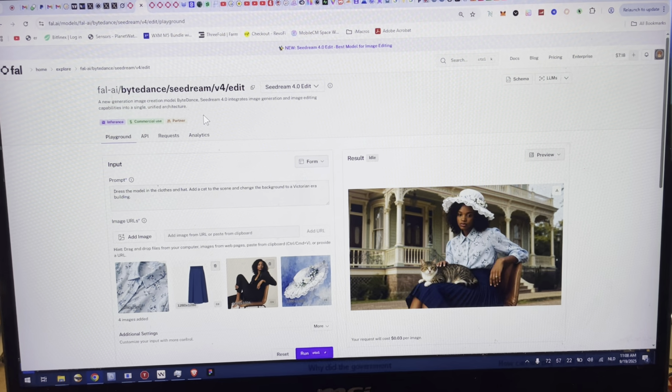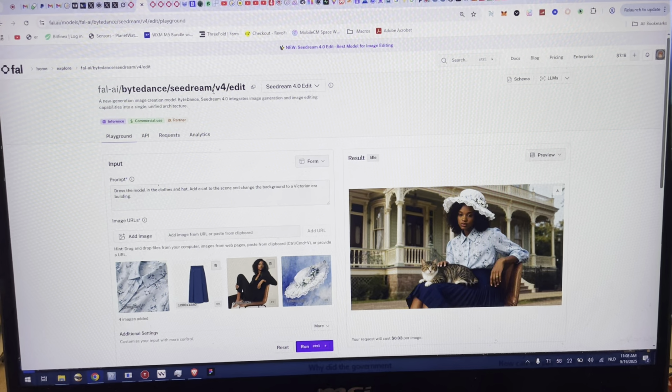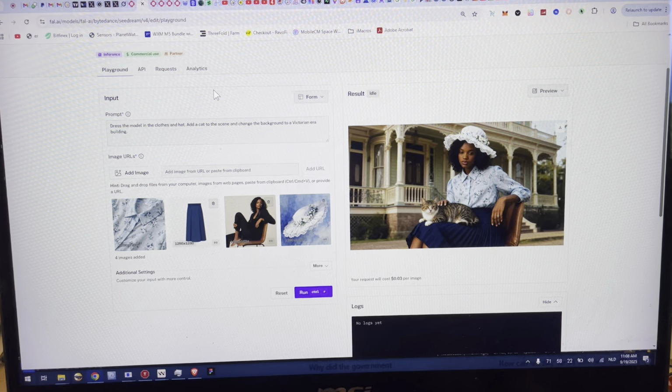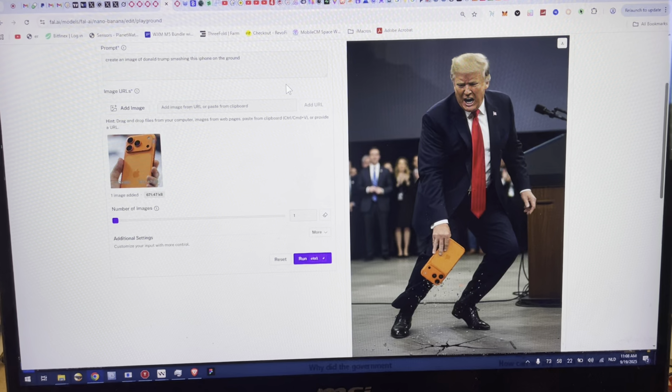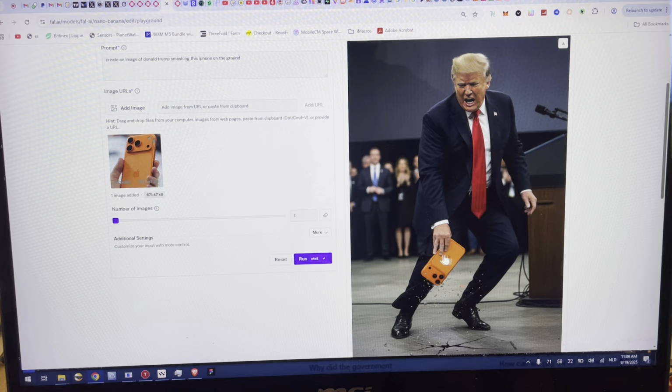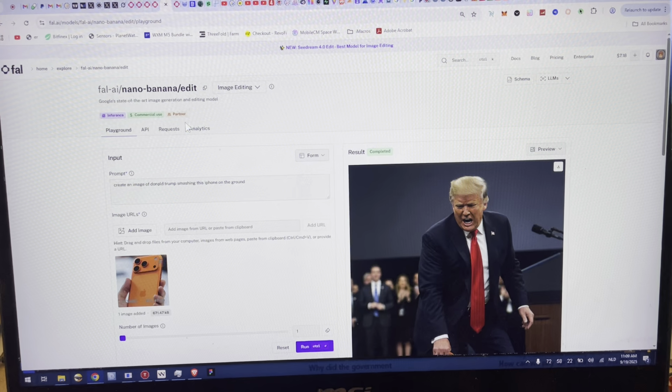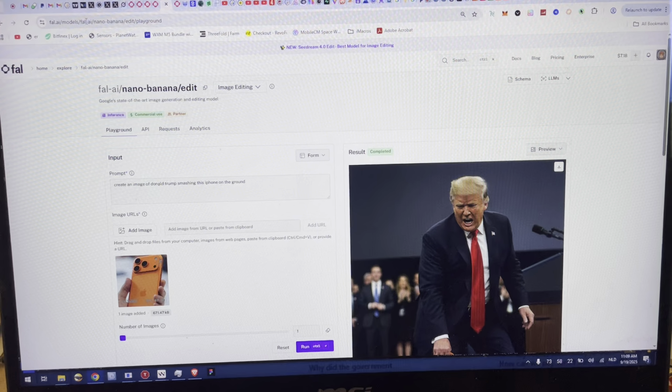Another one that people are hyped about is Dream V4 Edit. Also very good, but sometimes I get slight glitches in the image. So the iPhone maybe has not the right Apple logo or something. Anyways, yes,